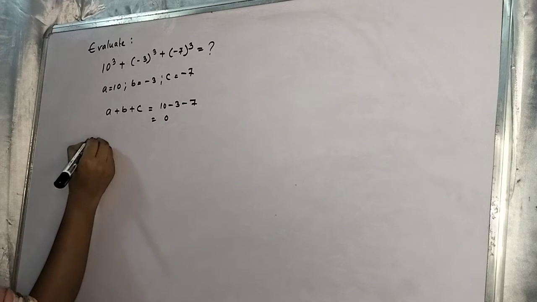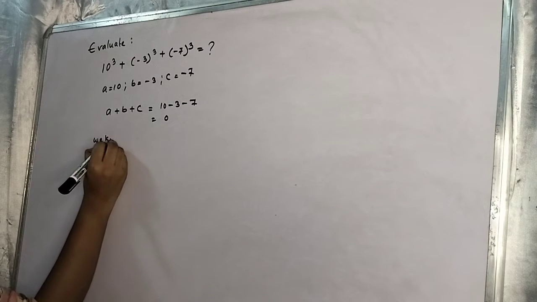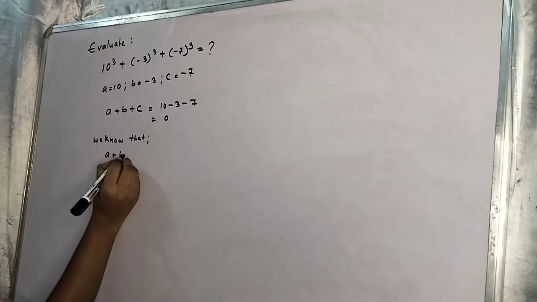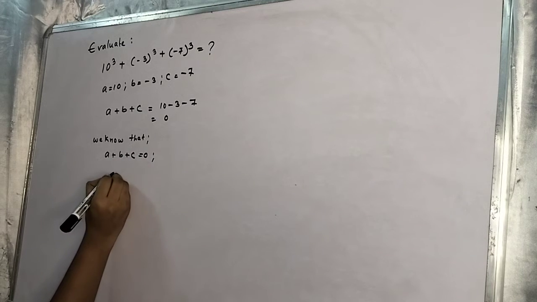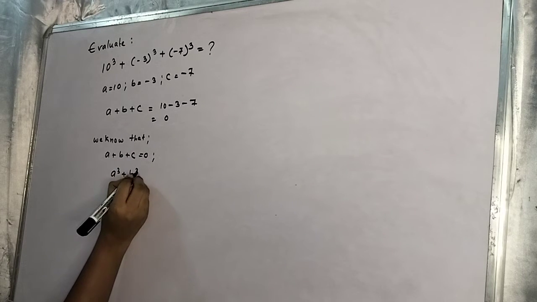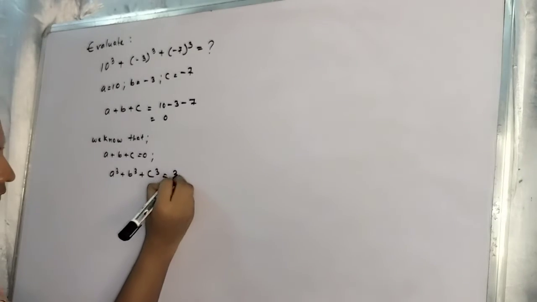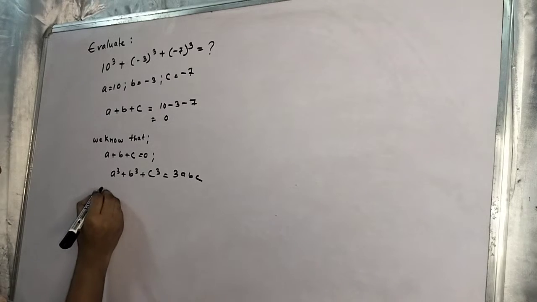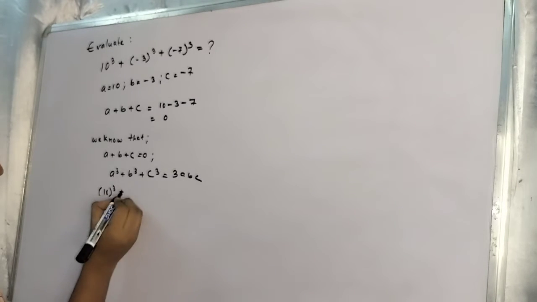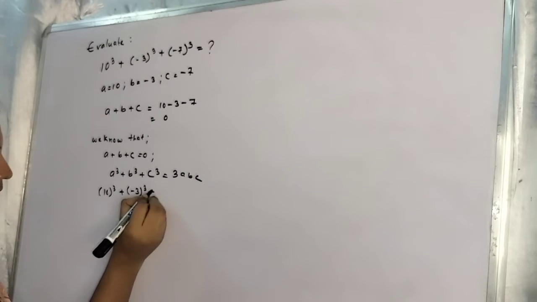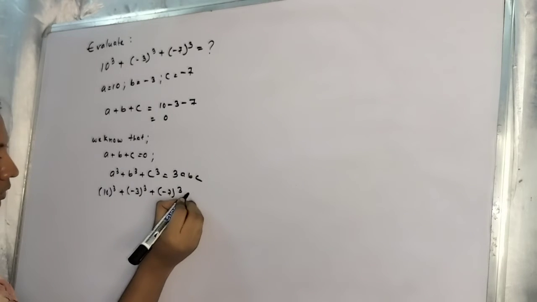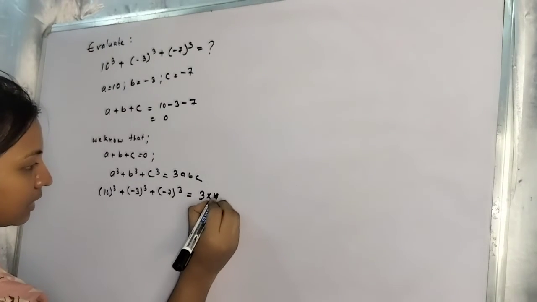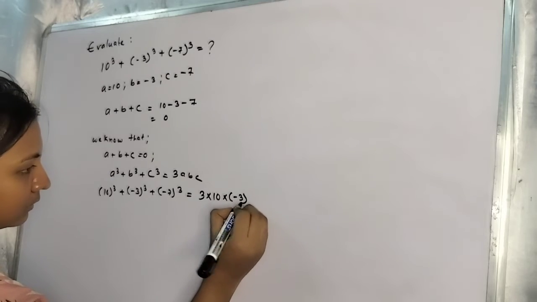So we know that when a plus b plus c is equals to 0, then a cube plus b cube plus c cube will be equals to 3abc. Fine. So now a cube, that is 10 cube, plus b cube, that is minus 3 whole cube, plus c cube, that is minus 7 whole cube, which is also our question,